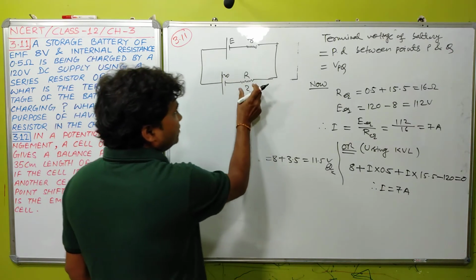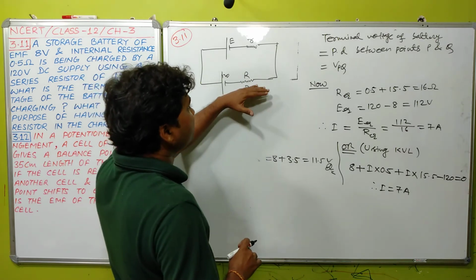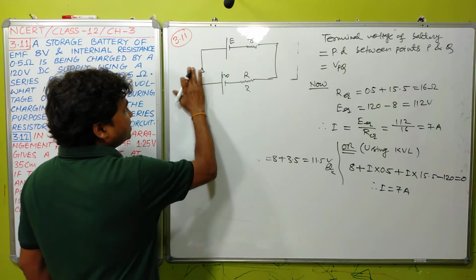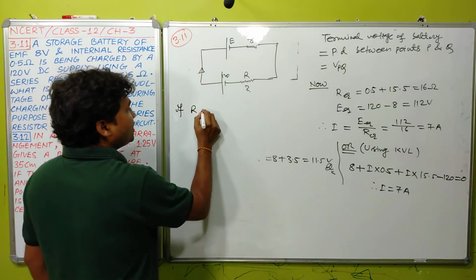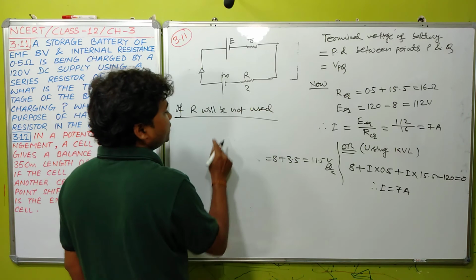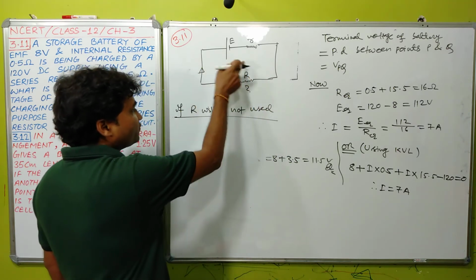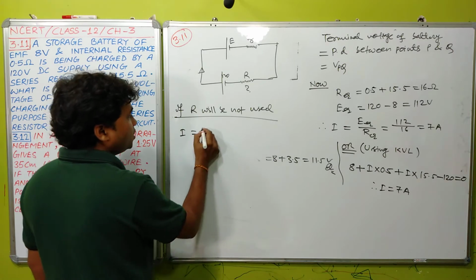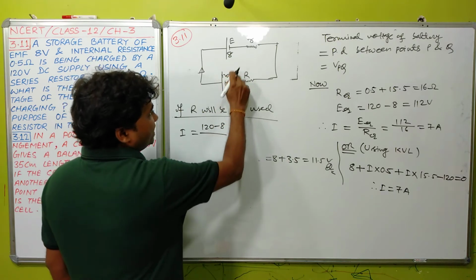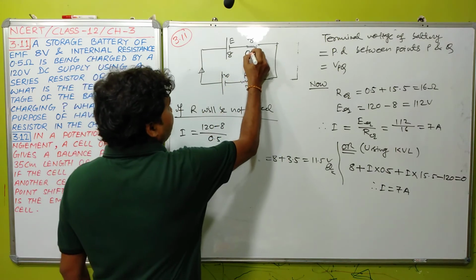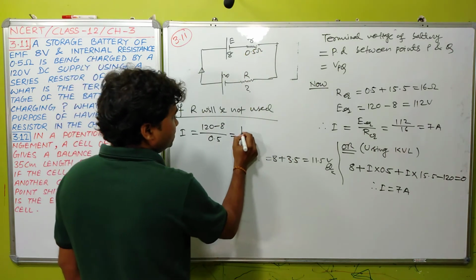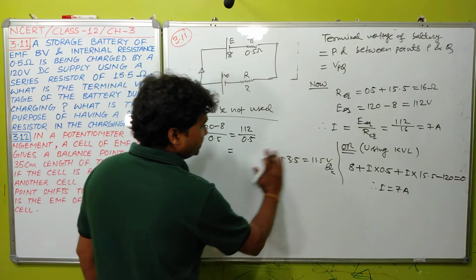Student, you can understand, just suppose if you do not use this resistance, then let us check the current flowing in this circuit. If R is not used, then the value of current flowing in the circuit will be I equals 120 minus 8, equivalent EMF, divided by equivalent resistance. Now R is not used, so equivalent resistance is 0.5 ohm, and this becomes 112 by 0.5, and this becomes